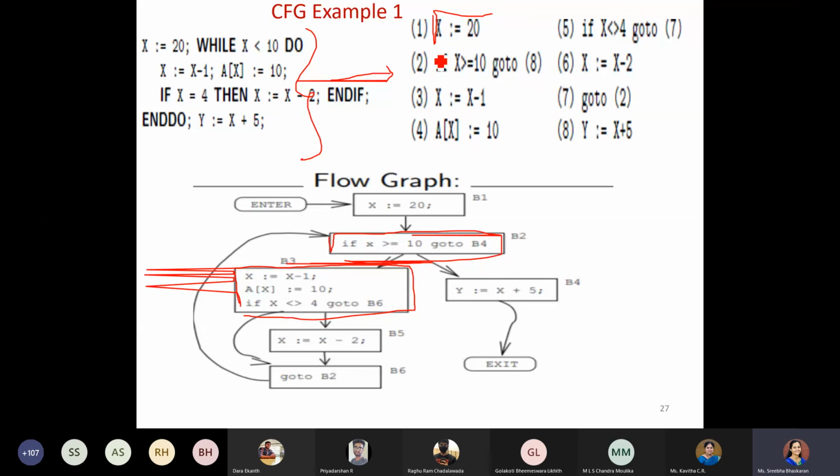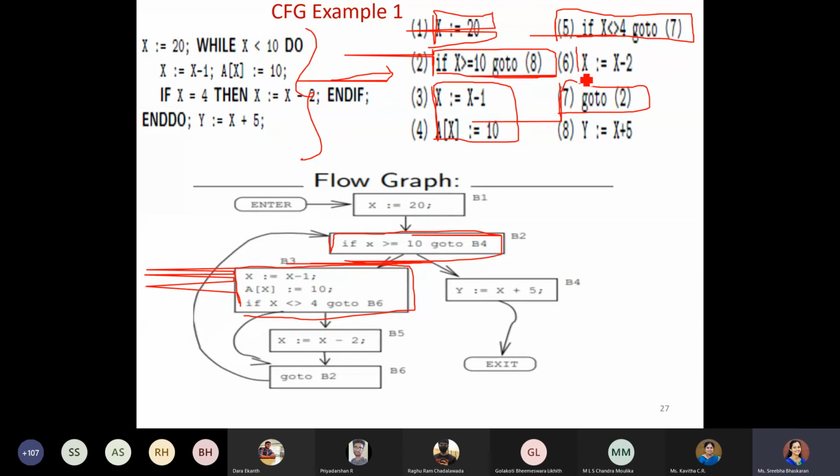First, how I am forming the basic blocks is, wherever you have the go to statements, you just make each one a block. So this is one block, this is one block. The left out things, you make into another block, and now number it. This is a left out part, this entire thing is another left out part, this is another, this is another. Now you number it in sequence: B1, B2, B3, B4, B5, B6, B7.